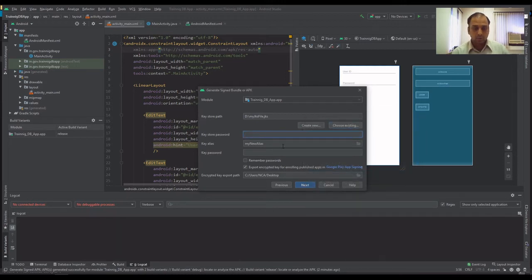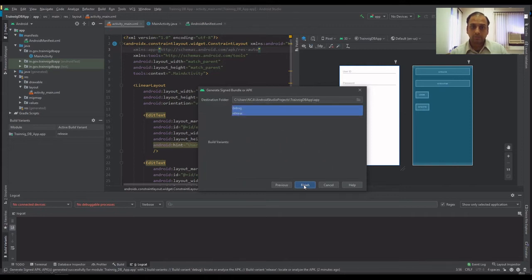And then key store password, my JKS password, my new alias, and my password. Click next, and whatever the version you want to generate, you can select all these versions, debug and release.